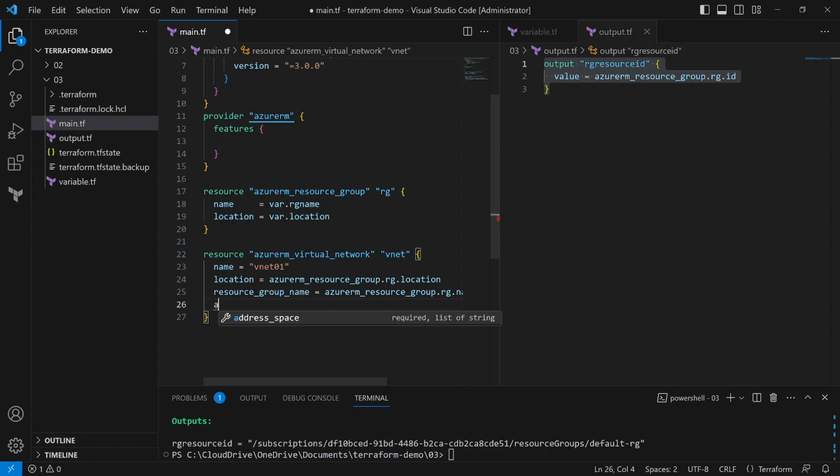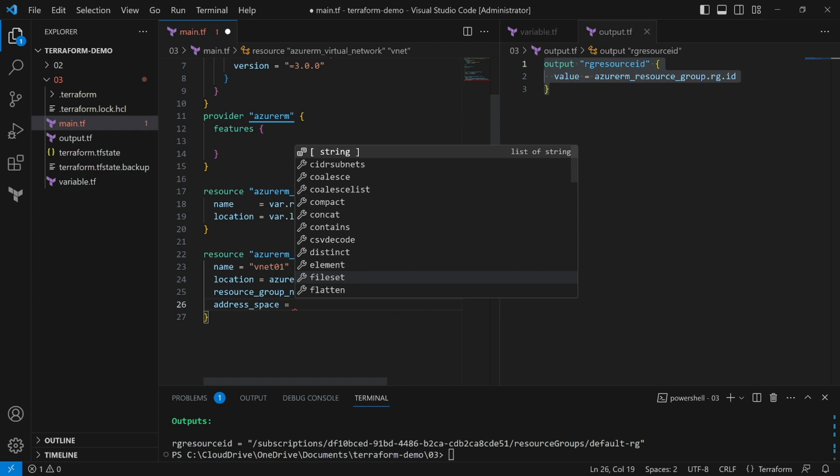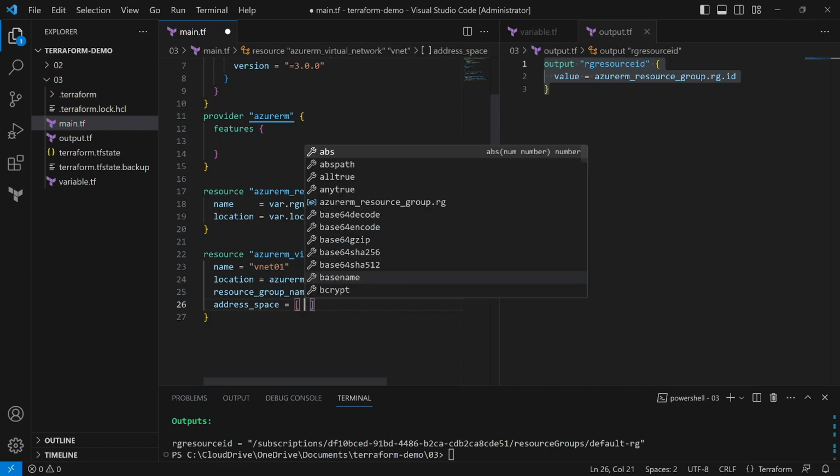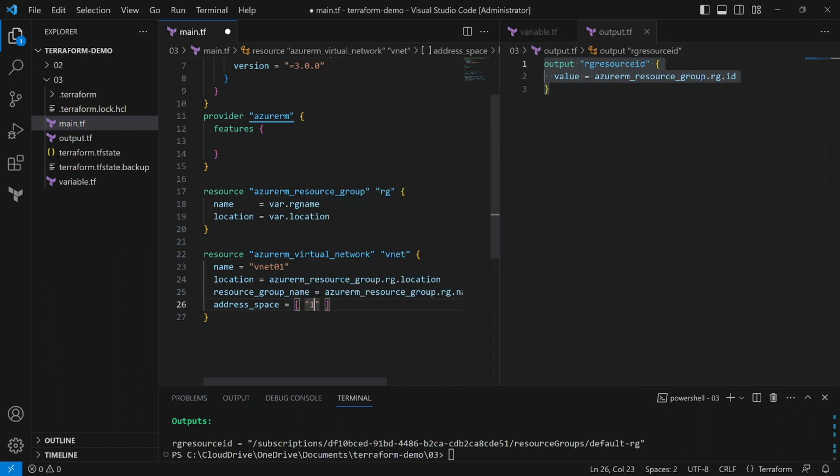So for that we have a property called address space, and here you see it is a type of slice of a string, as you would say in Golang. Here it's a group of strings, so we can have multiple CIDR ranges here. I'm just using one,